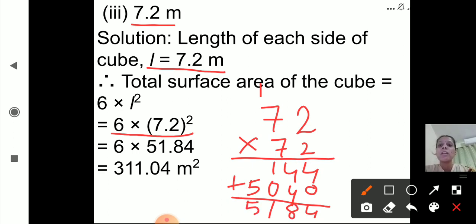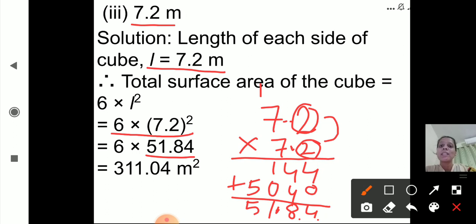Now put the decimal point. See here, this is 7.2, here it is 7.2. So 7.2 multiplied by 7.2. After decimal point there is 1 digit, here also after decimal point 1 digit, right? So 1 plus 1, 2 digits. So from right hand side, after 2 digits we will put the decimal point, 1 2. So here it is decimal point, 51.84. Okay. From right hand side we will count 1 2. So here put the decimal point. So what is the answer? 51.84. Okay. So 7.2 square is what? 51.84, right?